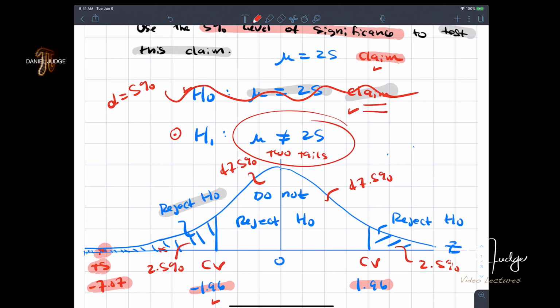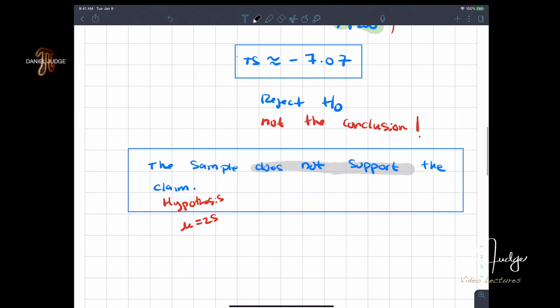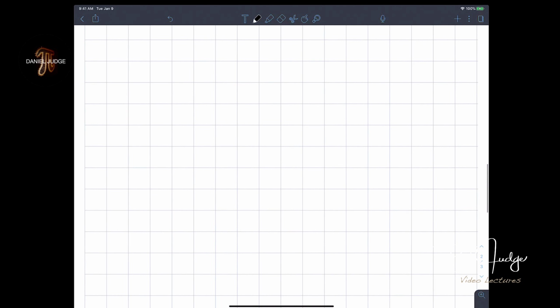So we're going to look at some other examples because we have three types of tests. At least I want to get to the three types of examples here. And we're going to start another hypothesis test about a mean. This time we're going to say something like this. We're going to say, okay,